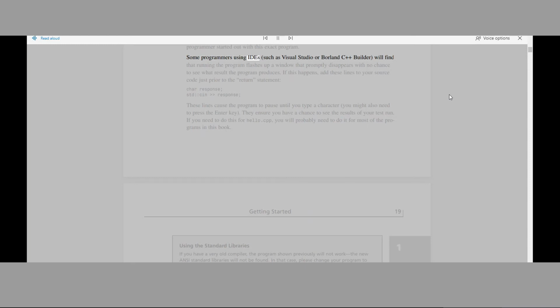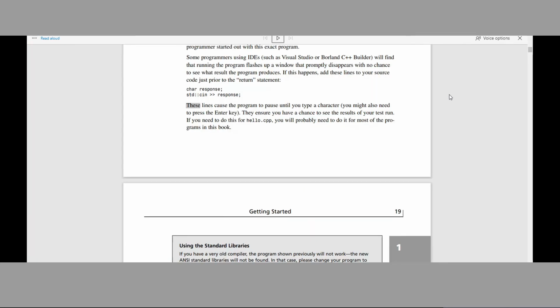Some programmers using IDEs, such as Visual Studio or Borland C++ Builder, will find that running the program flashes up a window that promptly disappears with no chance to see what result the program produces. If this happens, add these lines to your source code just prior to the return statement: char response; std::cin >> response;